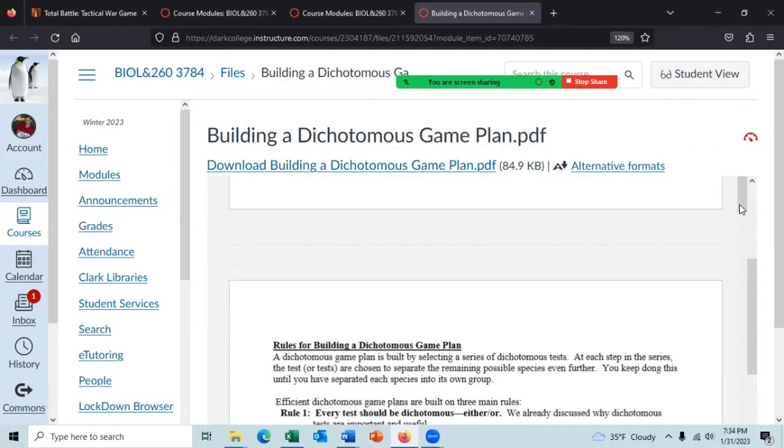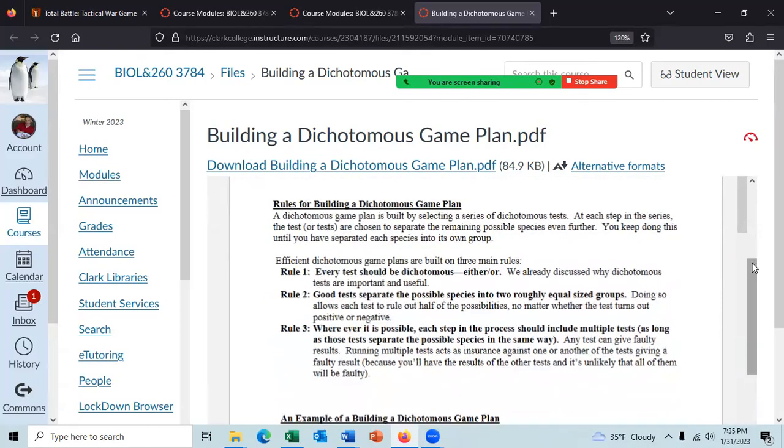Like I said, essentially what you want to do is separate out the possibilities by a test and divide it into one of 2 possibilities. That way you're removing a large number of possibilities when the results come in. And essentially what you're going to be doing is asking for 1 test per day, or 1 test at a time. If you ask for more, you're not following dichotomous logic.